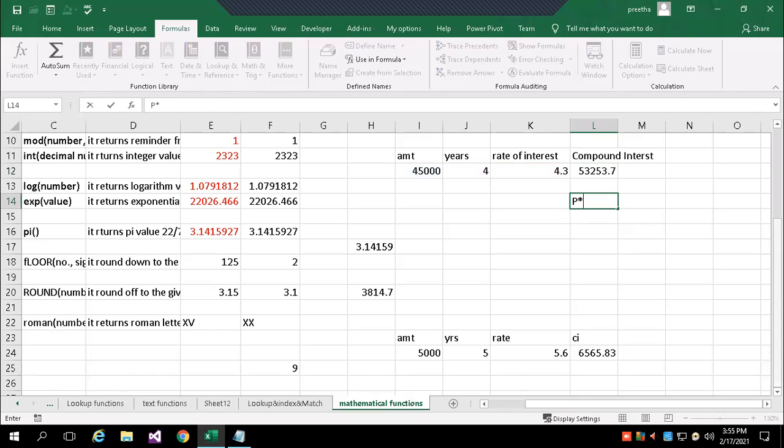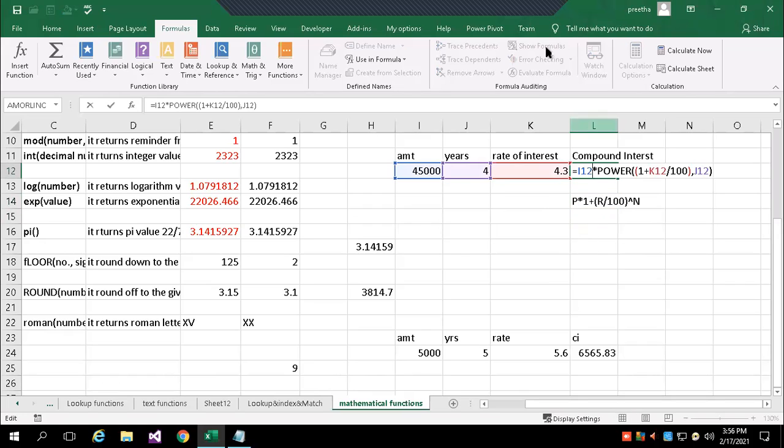Principal amount into 1 plus R by 100, whole to the power of N. This is the formula. So if I want to express this formula, how I have written it, you see here. P into, so 45,000 is I12.